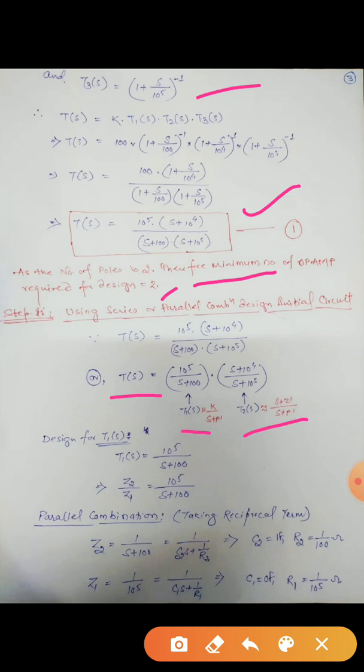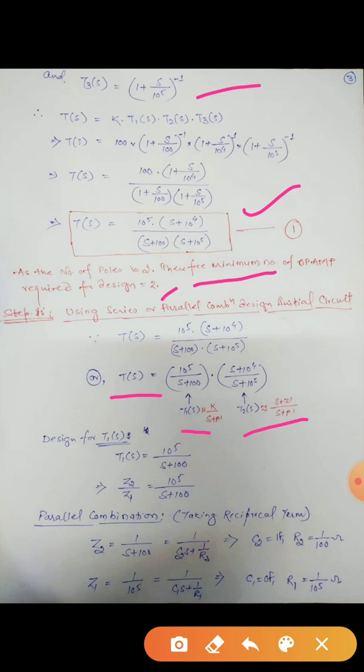As we know, we can design the circuit with the help of the transfer function, and there are some forms of the transfer function in terms of K divided by S plus P dash, or K into S plus Z dash divided by S plus P dash, or S plus Z dash divided by S plus P dash. So these are the different notations or different formulas for the transfer function.